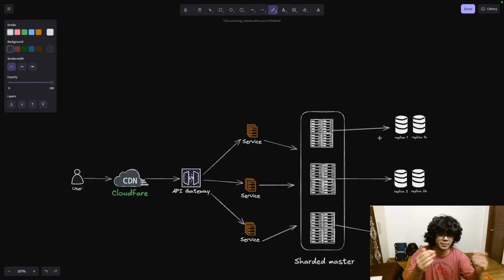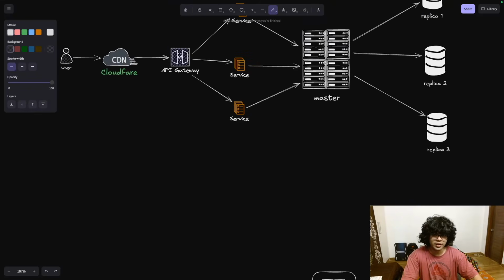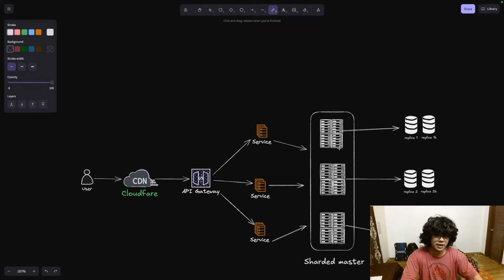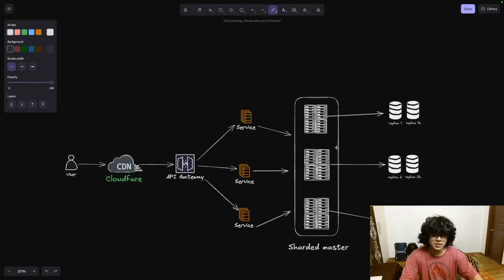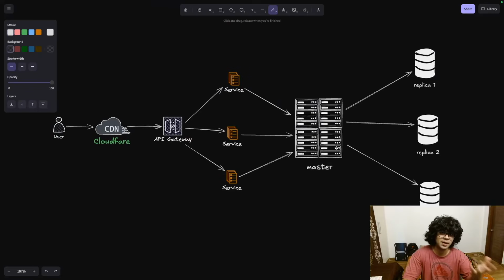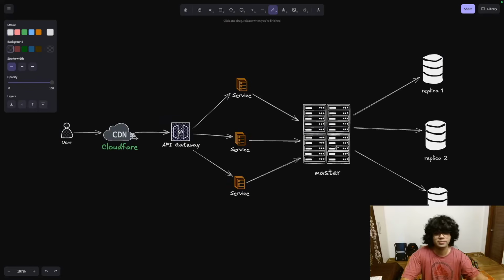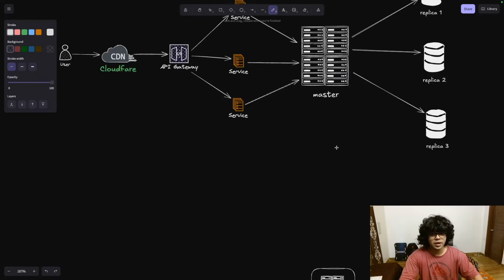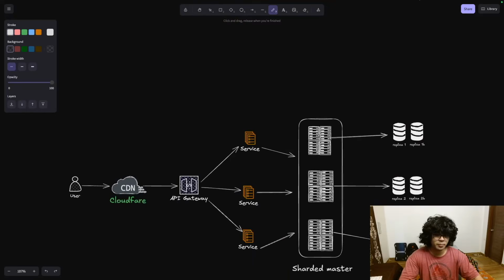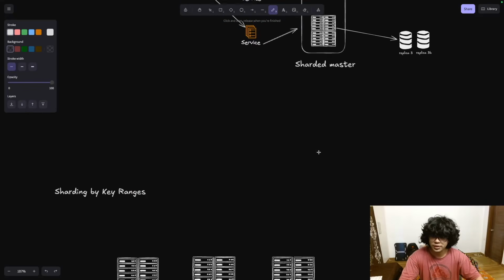Now what is the benefit of this? Of course, you can see that if you had one machine over here, and you basically have 3 machines over here, what this means is that you have thrice the throughput that your system can capture. You also can technically store 3 times the storage of whatever this master could store, because you're using 3 times the machines. And none of these machines are going to get bombarded with all the requests. How will that happen? I'll show that to you.